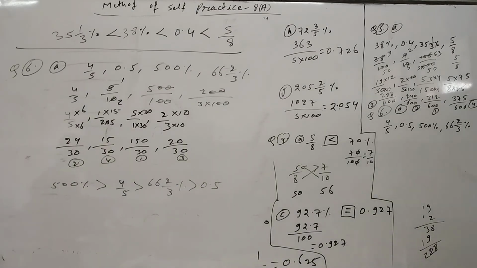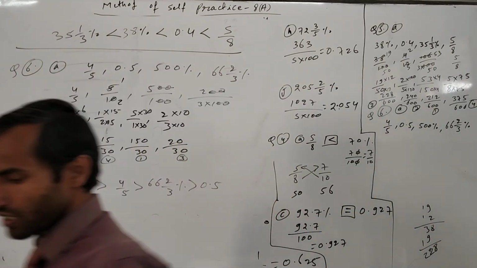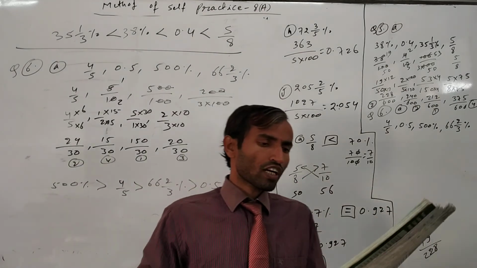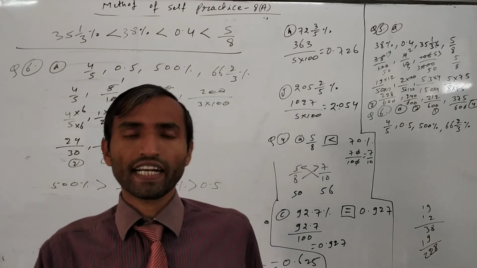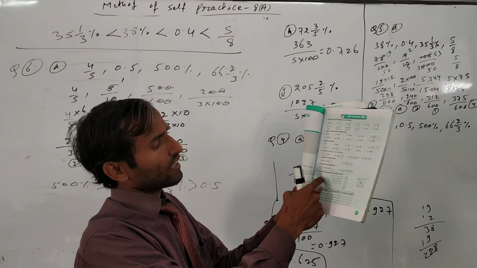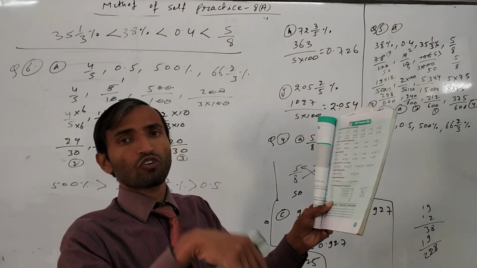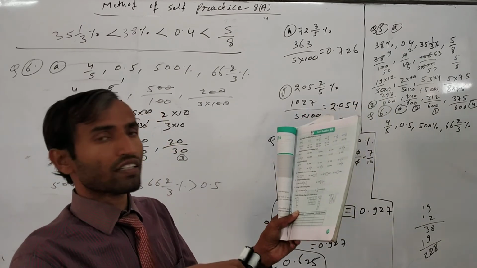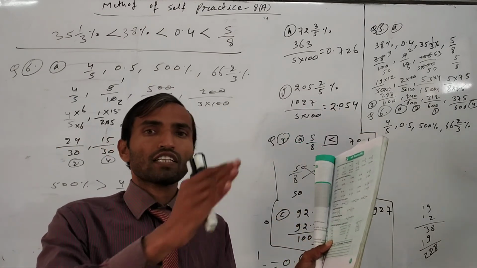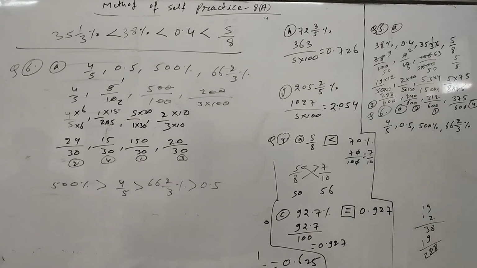Now I will do question number 7. Just try yourself, question number 7 is very easy. First of all, you have to convert into fraction. Then you convert into shaded part or unshaded part. Here 4 parts are given, 3 parts are shaded, 1 part is unshaded. So 3 upon 4 will come for the shaded fraction, and for the unshaded fraction it will come 1 upon 4. For the percentage, just multiply both by 100, so you will get the correct percentage.